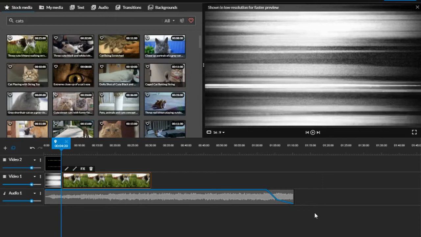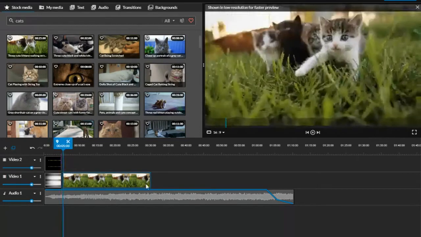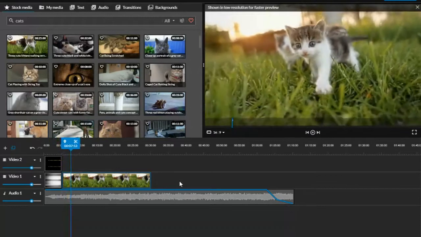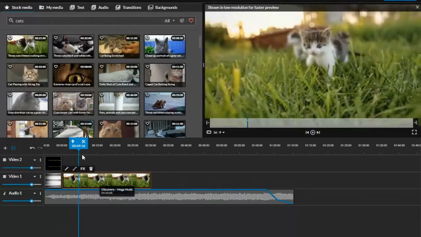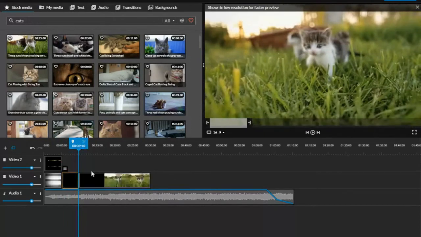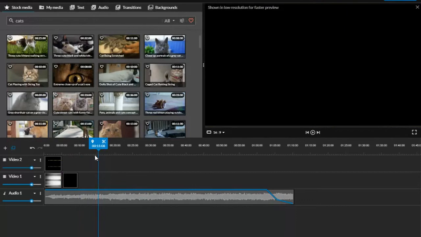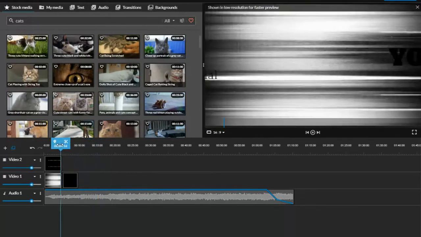Now ideally, what we're going to want to do is shorten it so that it fits a phrase of music. So I'm going to play. Okay, so that's kind of an end of a phrase. So what I'm going to do by clicking up here is cut off that cute little kitten thing, so I've just got a few seconds of kitten,